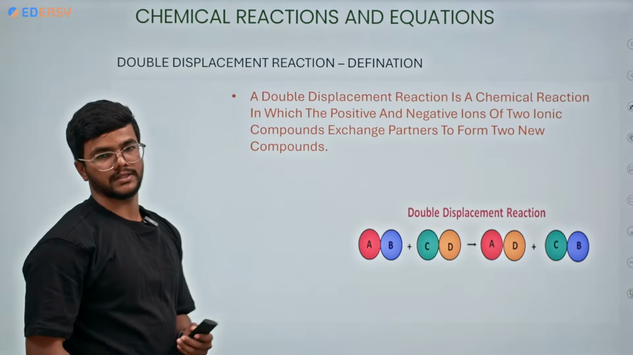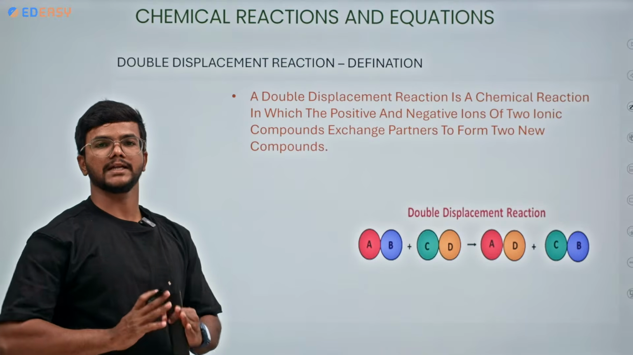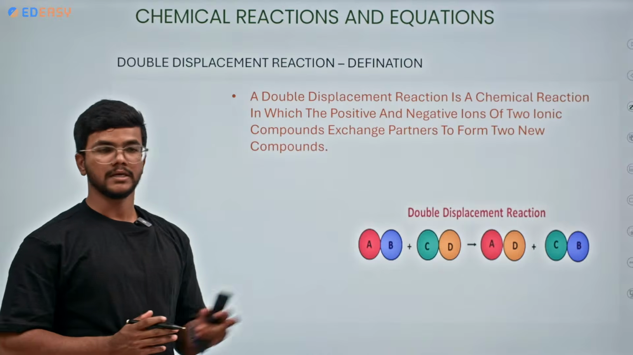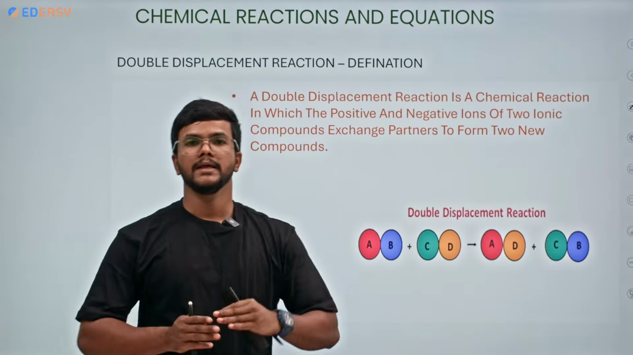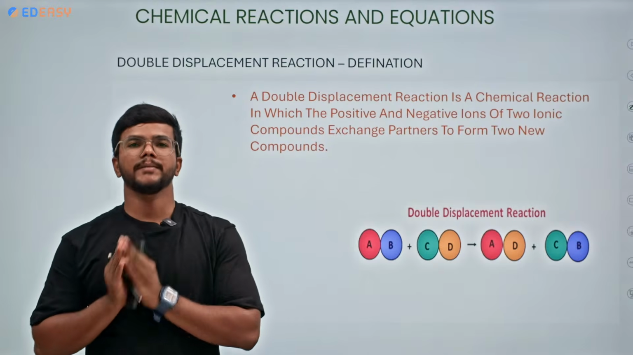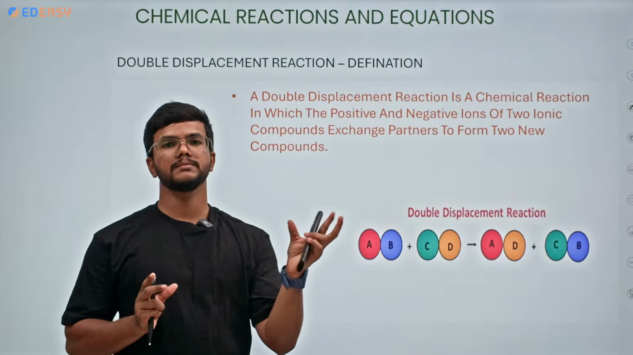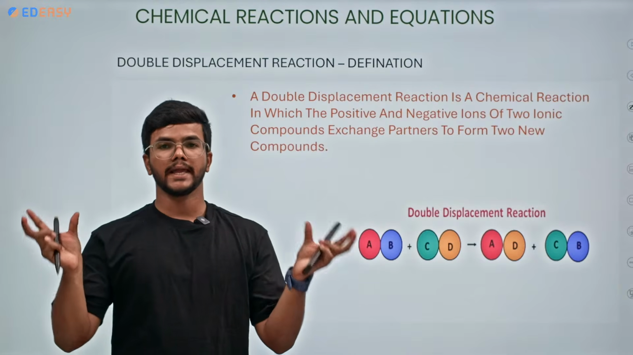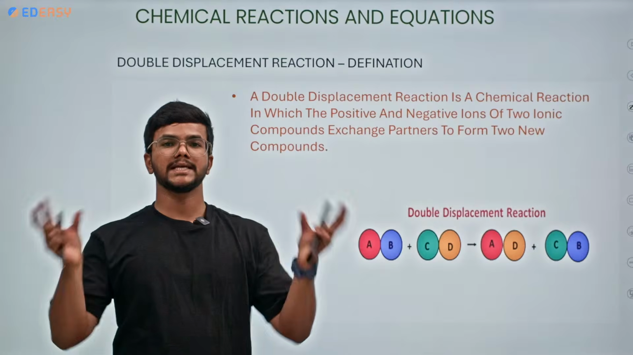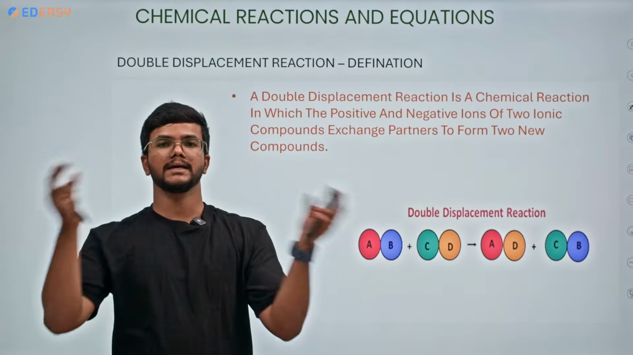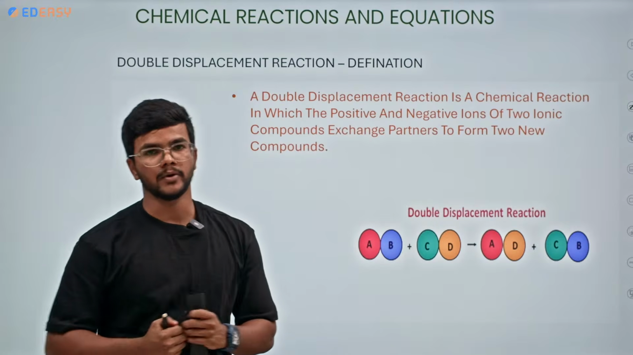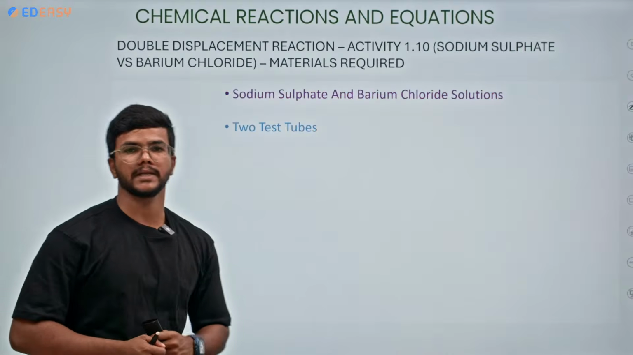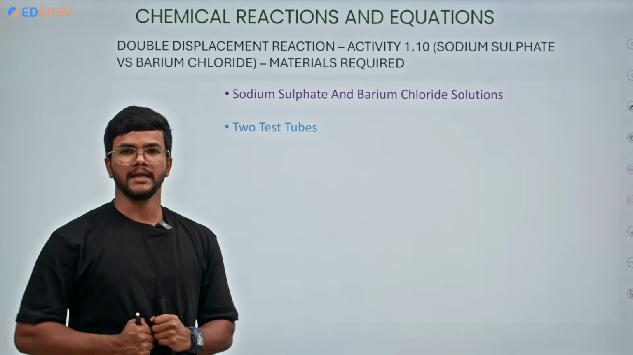So what is the definition actually? A double displacement reaction is a chemical reaction in which positive and negative ions exchange their partners to form two new compounds. That is nothing but the double displacement reaction. So the activity